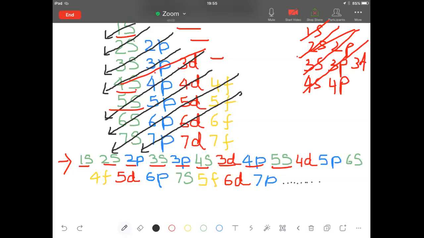Now, the rule is that the electron will fill up that shell which is having the lowest energy. So the electrons start filling up the energy levels according to their increasing order of energies. Now, in this case, that means 1s, 2s, 2p. This way, if I'm going, what you learned in 9 and 10 was this is going to have the least energy, then this one, then m, then n.